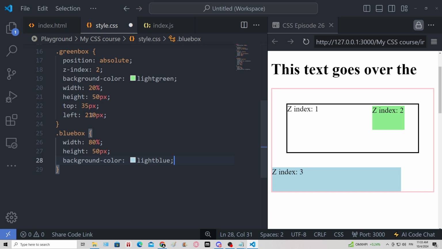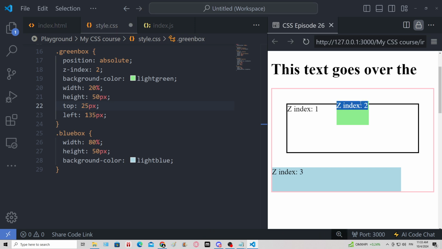And actually I gotta move this a little bit. 135 pixels. And I'm gonna set this one to 25. So yeah, you can see that this box is going over this one because, well, this has a higher z-index. The same goes for this. This will be going over these